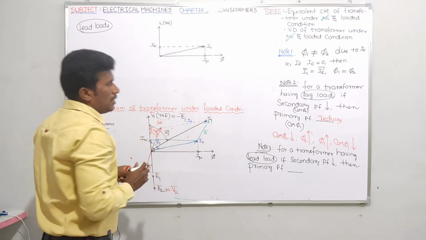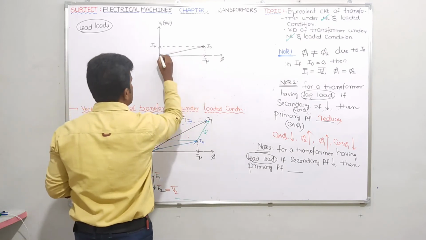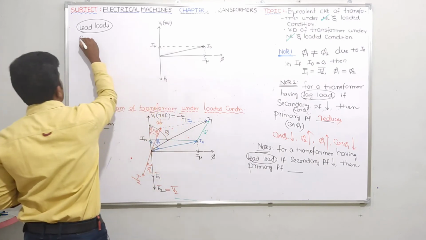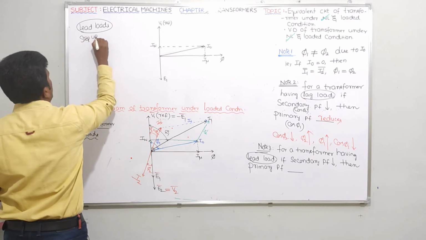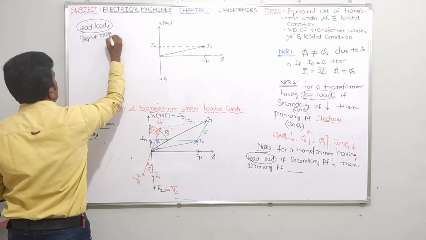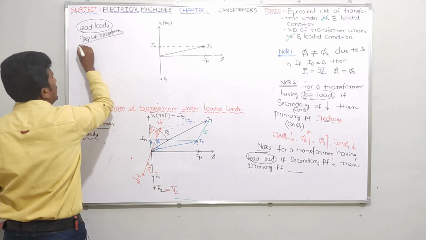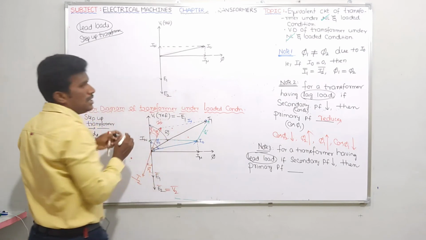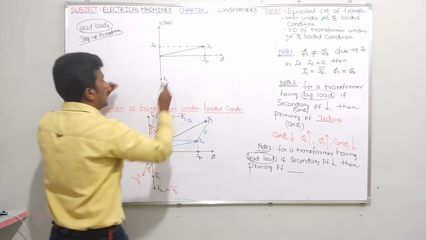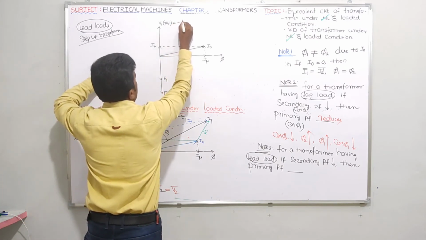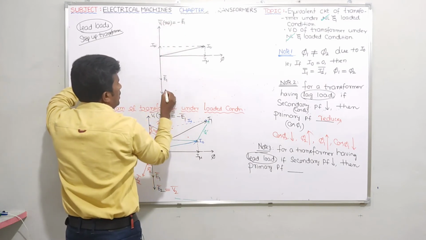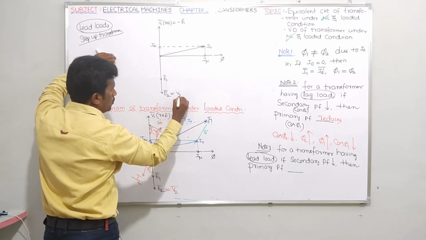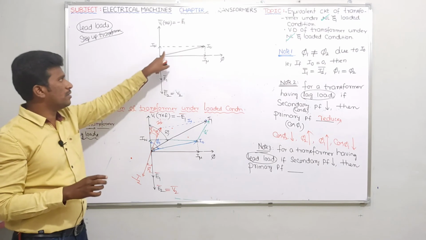Now according to Lenz's law, E1 lags flux by how much? 90 degrees. And one more thing I told: if I assume it as a step up transformer, where E2 is greater than E1, so I can write E2 is this portion, E2 is this one. Ideally, I told, on the primary side V1 bar equals minus E1 bar, and minus E1 bar is nothing but E2 bar. So in the secondary side, I already wrote E2 bar equals V2 bar. Now please let me draw the vector diagram for lead loads.